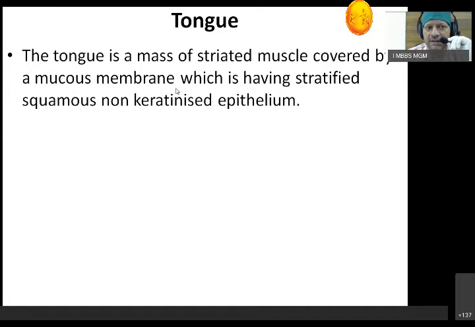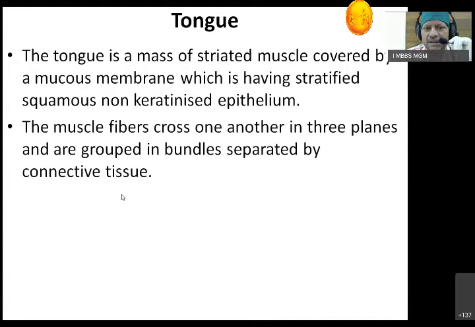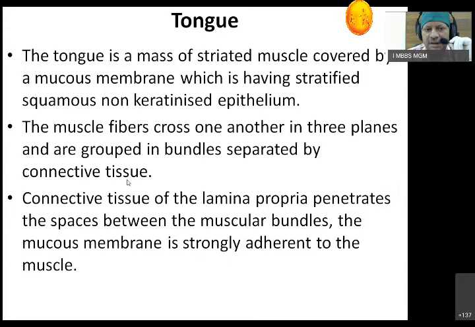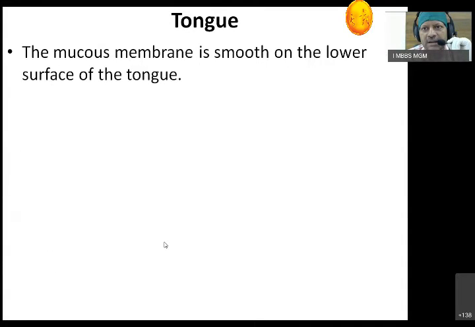Otherwise, the surface or epithelium of the tongue is stratified squamous non-keratinized epithelium. That is what we have to remember. As we go ahead, muscle fibers crisscross the intrinsic muscles of the tongue. The connective tissue of the tongue is much less, but it is there. They fill up the space. In some amount in the tongue we get some submucosal glands. Another, the mucous membrane of the tongue on the lower surface is smooth, but on the upper surface